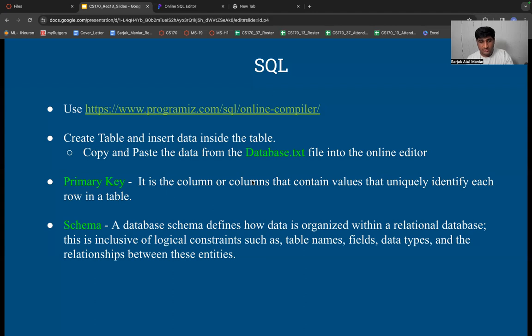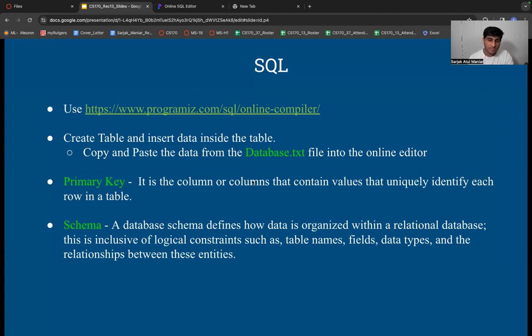And of course, sometimes we do have some kind of constraints. For example, you have created your own table and you want to insert data into the table. There's a column called, let's say, RUID, and you want to put a constraint that the column RUID should not contain any null values.